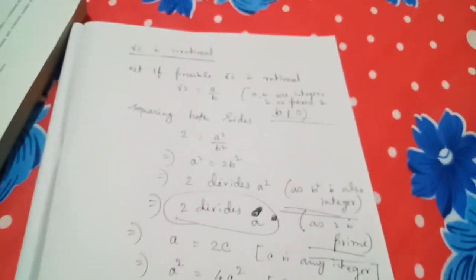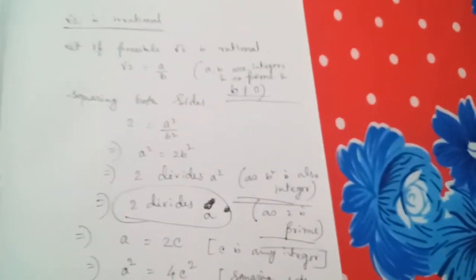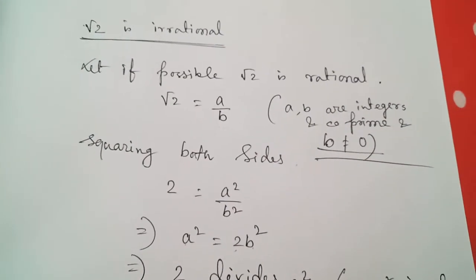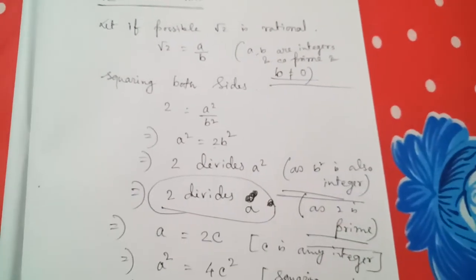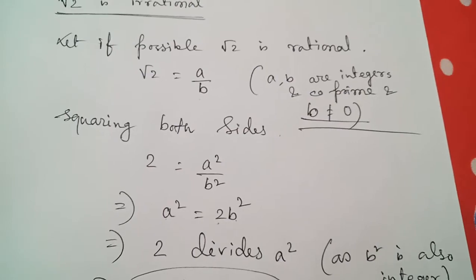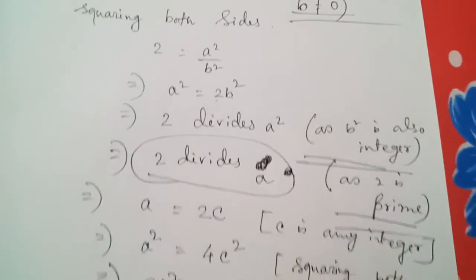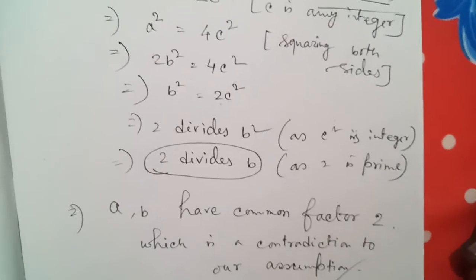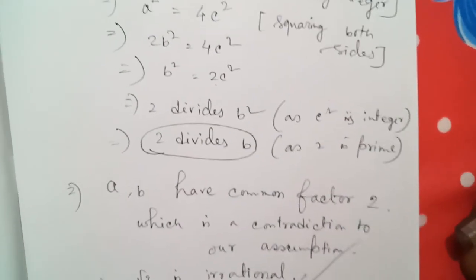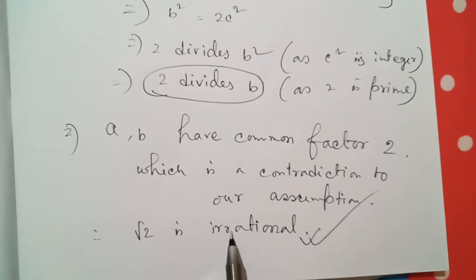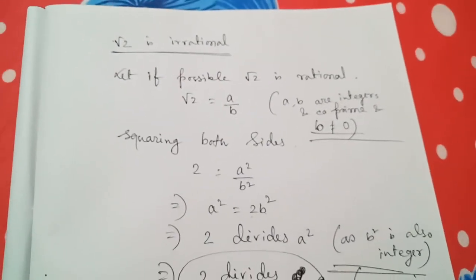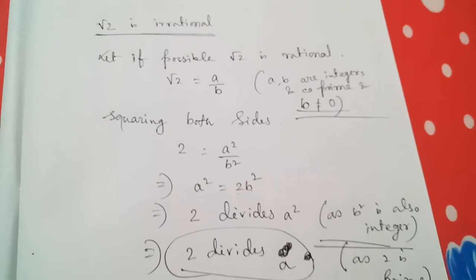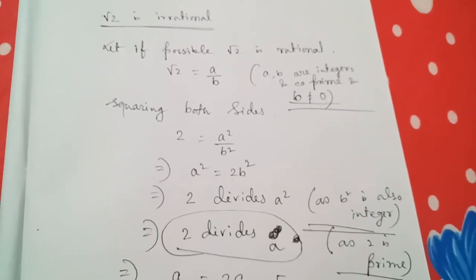And this is the way of proving. Okay. So first you have to take, let it be possible like this, and then you have to go the same way for root 3 and root 5 also, exactly the same way. So you follow the same way and you will get the desired result very easily. Okay. So this is a very short session today, but very important. And this is all about today's session, students. I hope you all have understood.